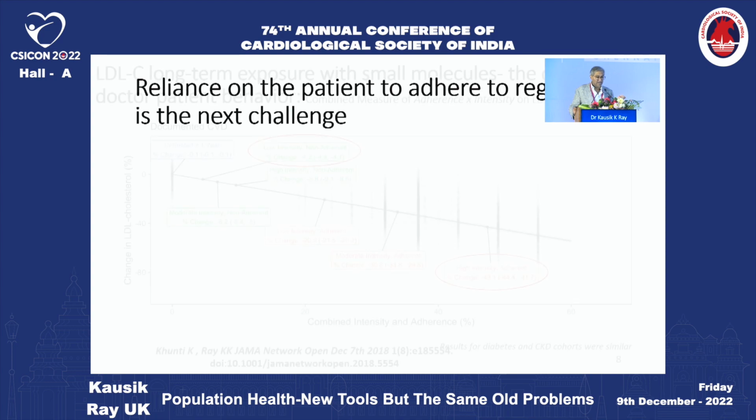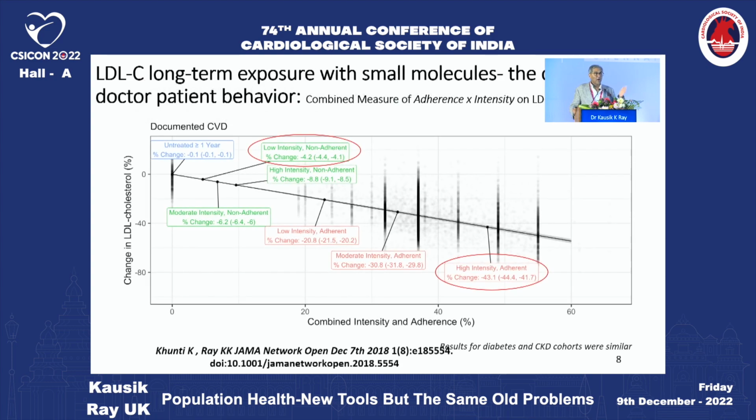and adherence. So if you think about it, on the y-axis, what you can see is the change in cholesterol levels as a function, these are new cases of ASCVD, as a function of what a doctor prescribes, low, moderate, or high-intensity statins, and what a patient does with that. They are fully adherent or they are non-adherent. And this basically is standard methodology, 80% proportion of days covered.